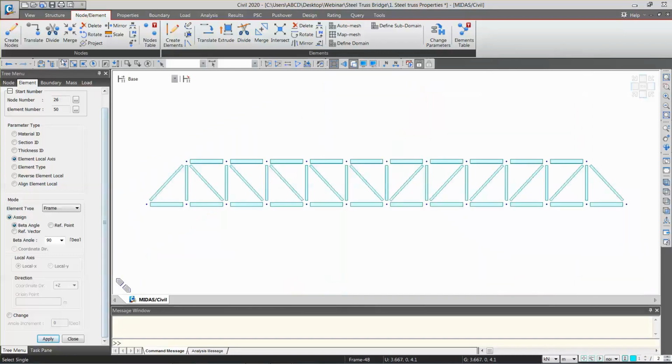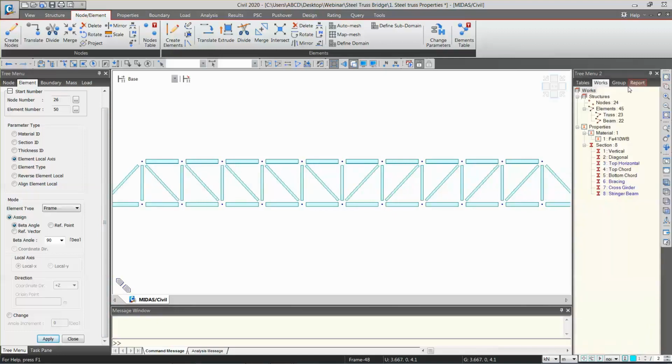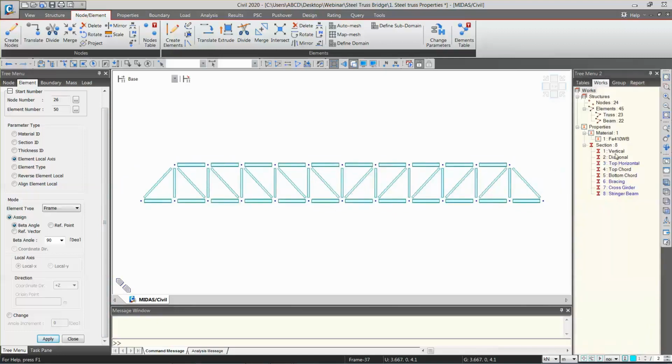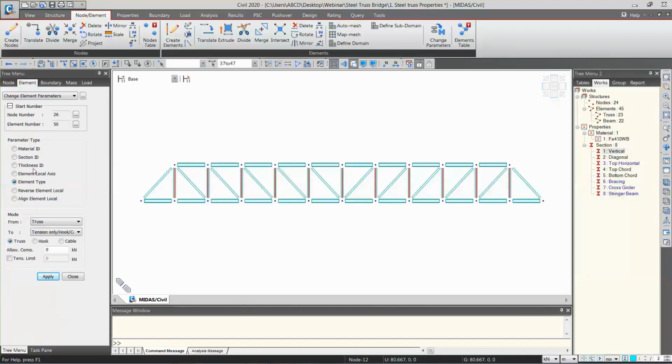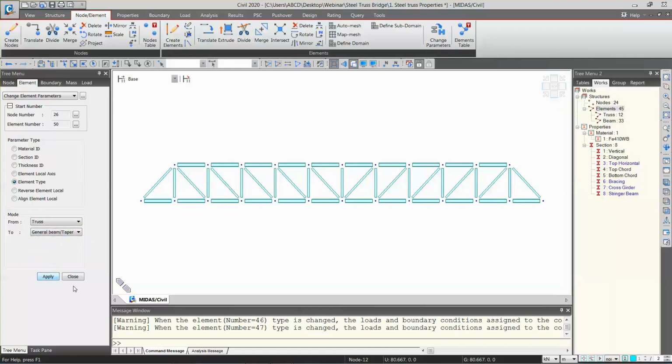So I will again come back to this location, and I will open the second tree menu now, and I will double click the vertical elements, and now I will change the type of vertical elements from truss to beam. Now the program will give general warning messages in this window, because imagine if you have generated beam elements and have given beam end releases to the beam, and then you have changed that beam to truss.